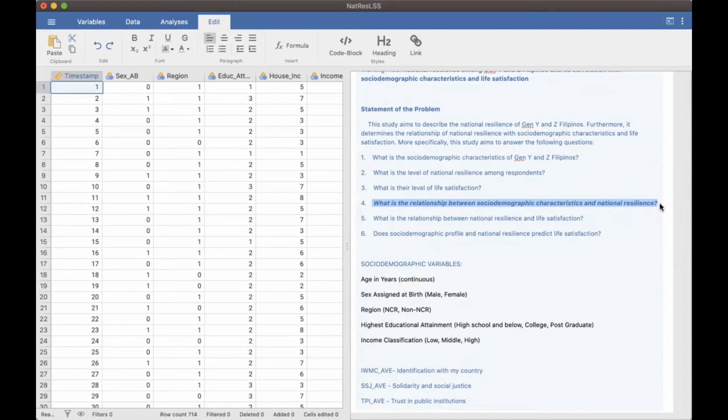So if you remember our discussion earlier, usually we do tests for difference when your independent variable is a categorical variable and your dependent variable is a continuous variable. Because when you look at 5, national resilience and life satisfaction are both continuous variables. So iba yung gagamitin natin for number 5, and that is what we're going to be discussing next week. And even within social demographic characteristics, meron din kayong makikita na